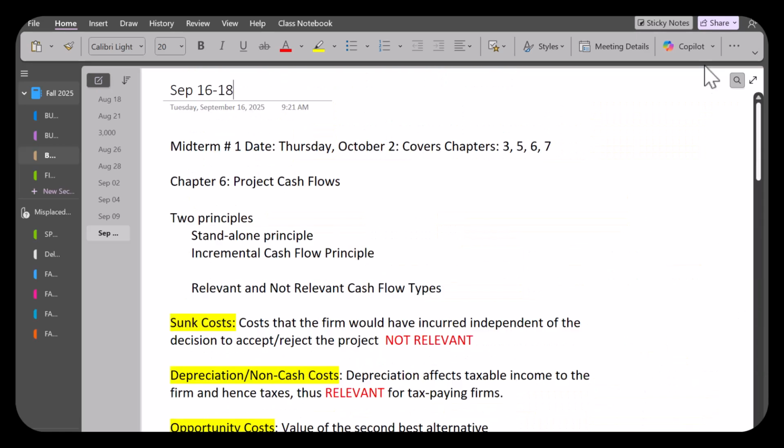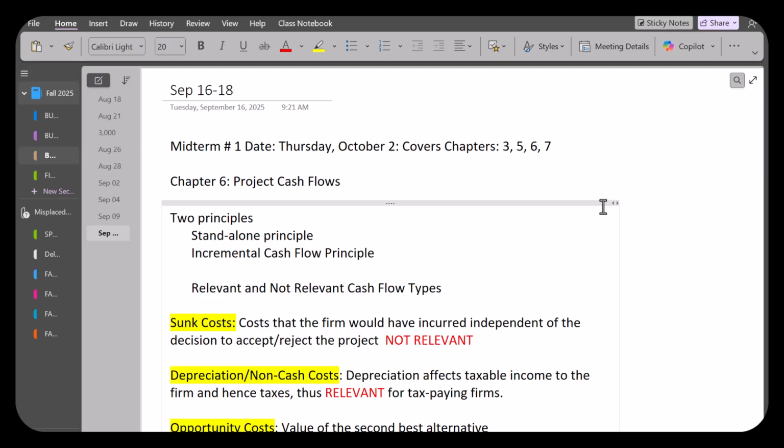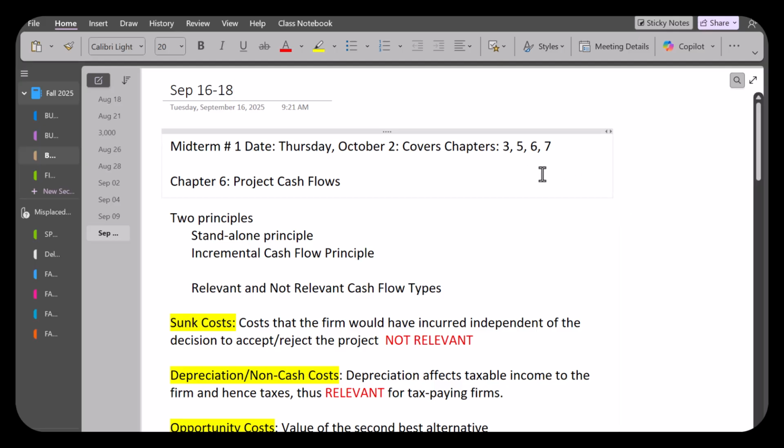Just to remind those of you who were not here on Tuesday, we're going to have our first midterm exam on Thursday, October 2nd. That is the last class day before the fall break. And it's going to cover chapters 3, 5, 6, and 7. I also decided that